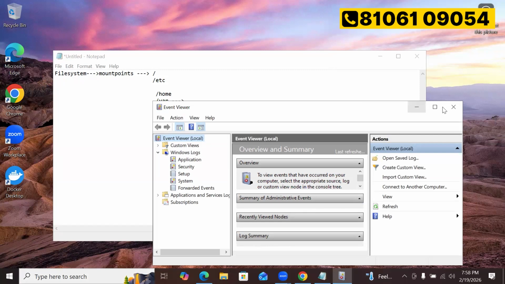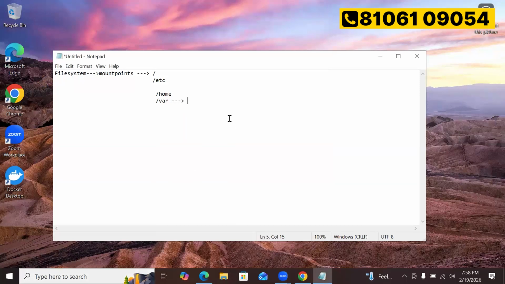In Linux also we have different types of logs: OS logs, application logs, security logs. Suppose someone logged into my machine and deleted some important data. We want to know who logged in, why, when, and what he deleted. We want to audit something, then these logs will be helpful.